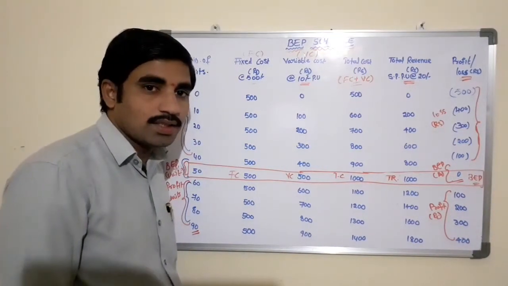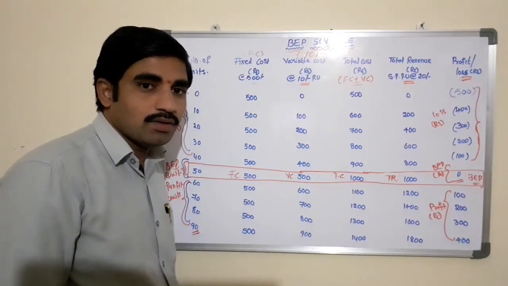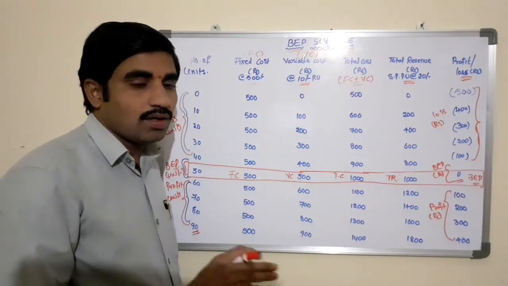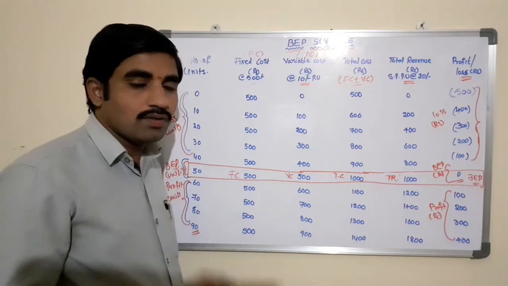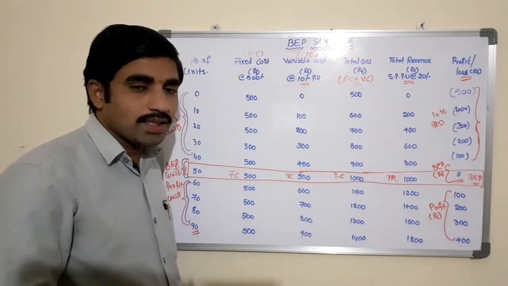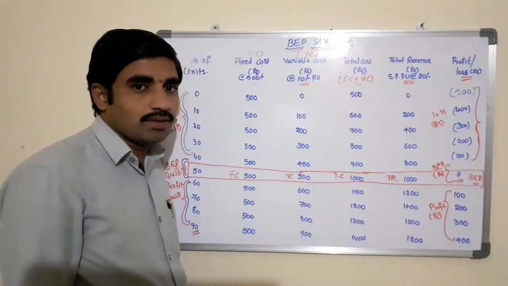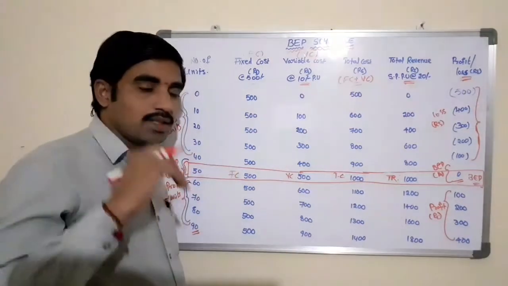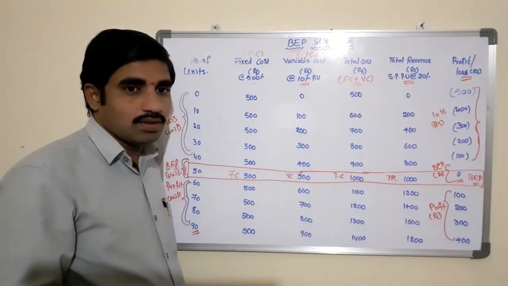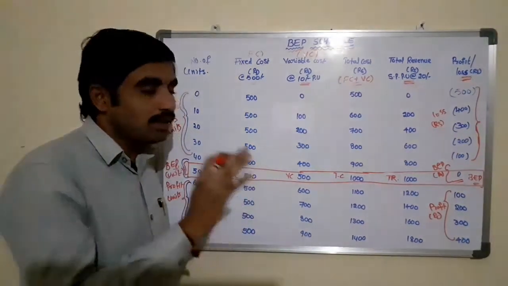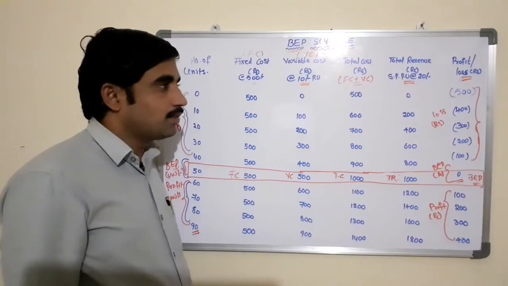There should not be changes in the selling price per unit in any market, perfect competition or imperfect competition. Whatever the form of market structure, there should not be changes in the selling price per unit, whether there is demand or not. Increasing the demand, no changes in selling price. Decreasing the demand, no changes in the selling price per unit.